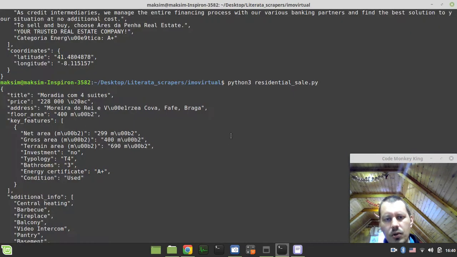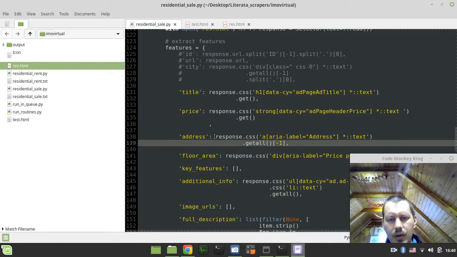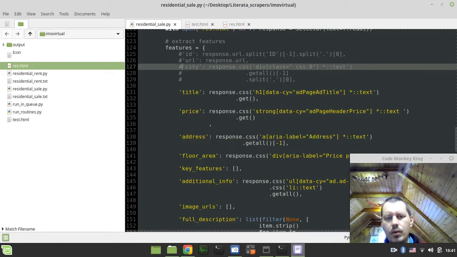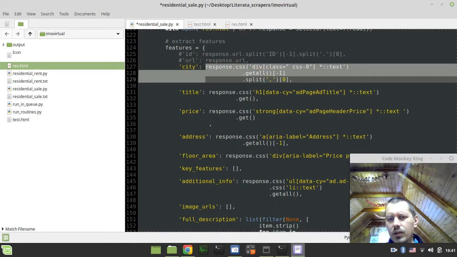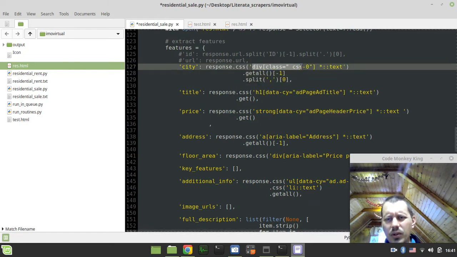So in this case, I can just grab the address line. I can grab the address line from here to extract the city. It's not 100% necessarily needed, so well, actually, no, this was the case. Yeah, I've seen this.